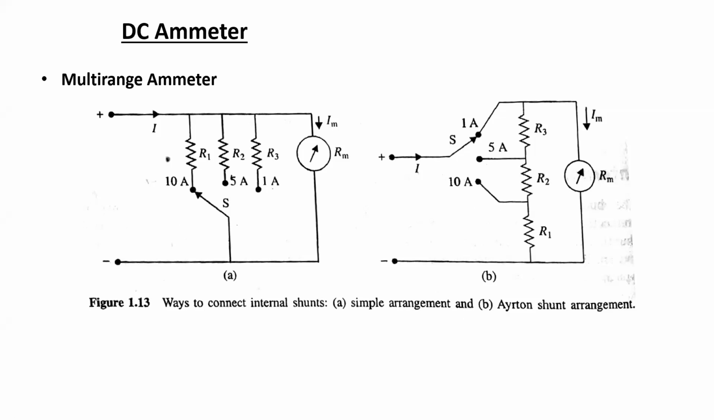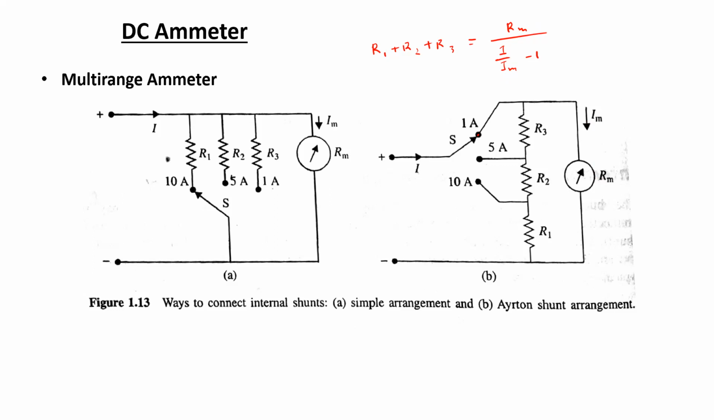Now, if we discuss a little bit more about the Ayrton shunt arrangement, let's say the switch is located at the 1 ampere terminal. At this point, we can write the equation for the shunt resistance to be, let's say, R1 plus R2 plus R3, which would equal Rm divided by I by Im minus 1. Here I would be equal to 1 ampere, and Im would be whatever value is given for a particular PMMC, and Rm should also be fixed for a particular